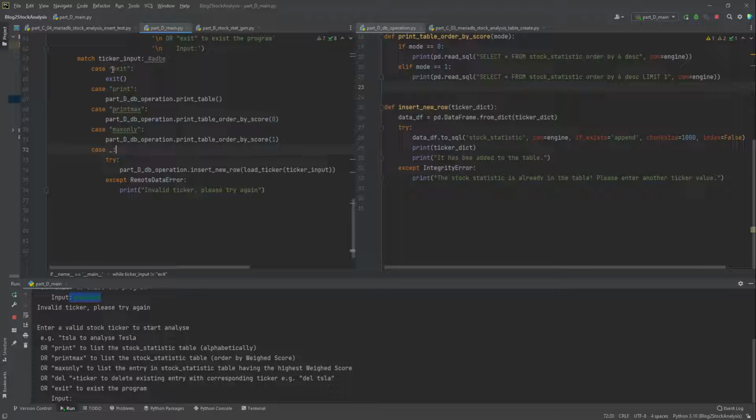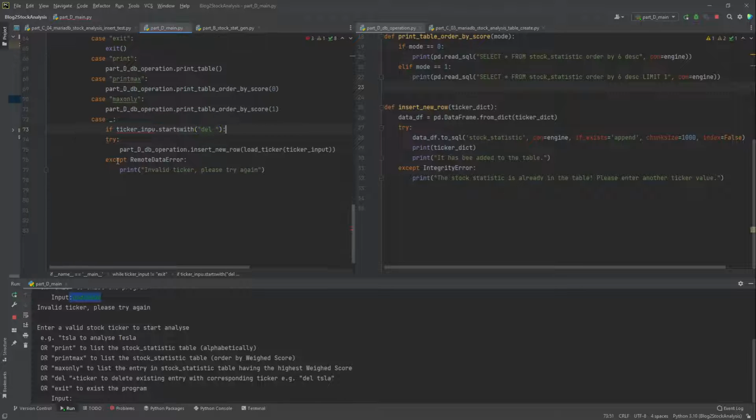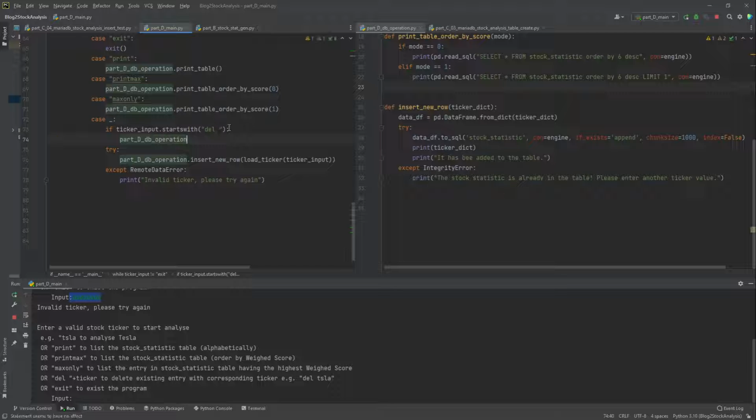So the delete should also be handled in some of the cases. I will try to handle it in here. If the ticker input starts with DEL and a space, if it starts with this one, I will try to do the delete. So I will pass the remaining of the string to the operation, and then we will have something like